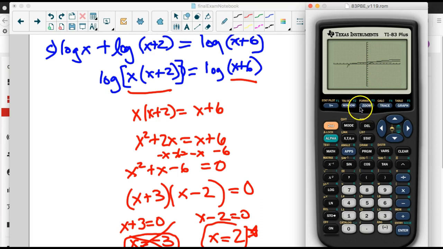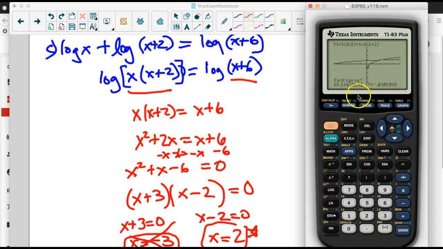So let's try window, negative 5 to 5 and negative 5 to 5. We're going to make it half the size, see if we can see a little bit better. So there's our graph of the first one. There's the graph of the second. It does look kind of like it goes through 2. We'll just verify: calculate, intersect,